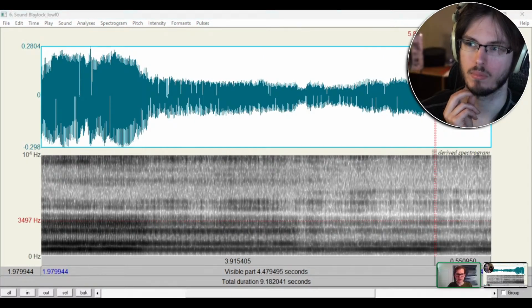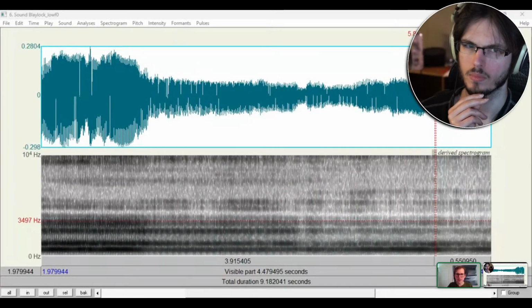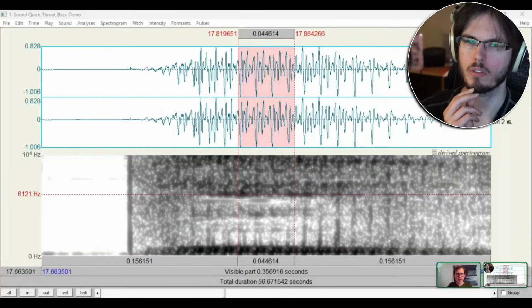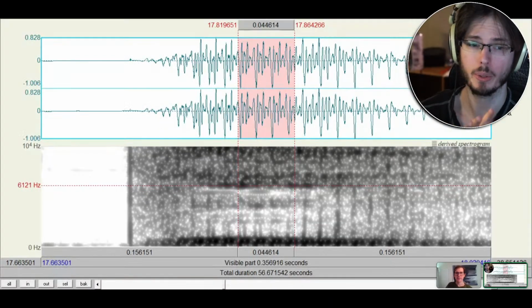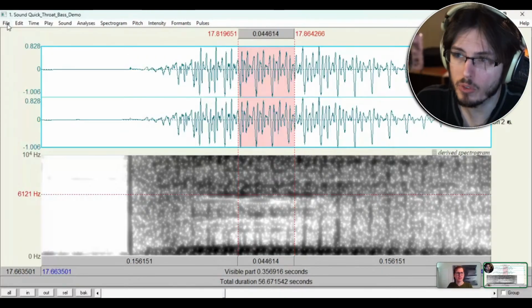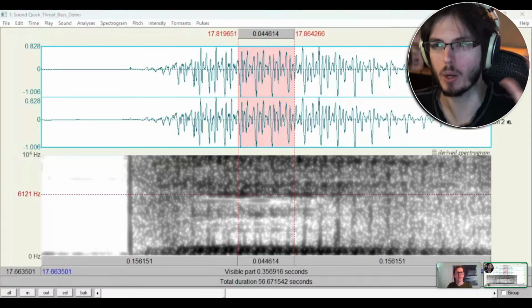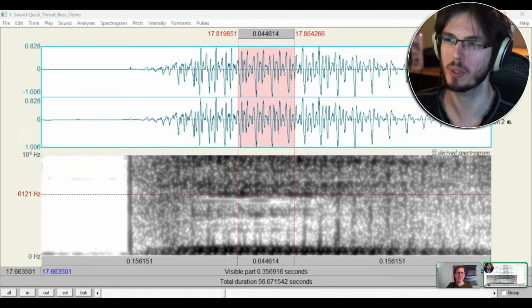Okay, so with that in mind, the next thing to look at, I need to share a new screen. I'm going to do this one, I think. The utility in this is not only are we looking at how this software works and how you're going to go about an analysis, but we're also going to be contrasting this, which is usually your stock singing. We're going to talk about how that works, and then we're going to break it all by throwing in beatboxing, which breaks everything, which is great.